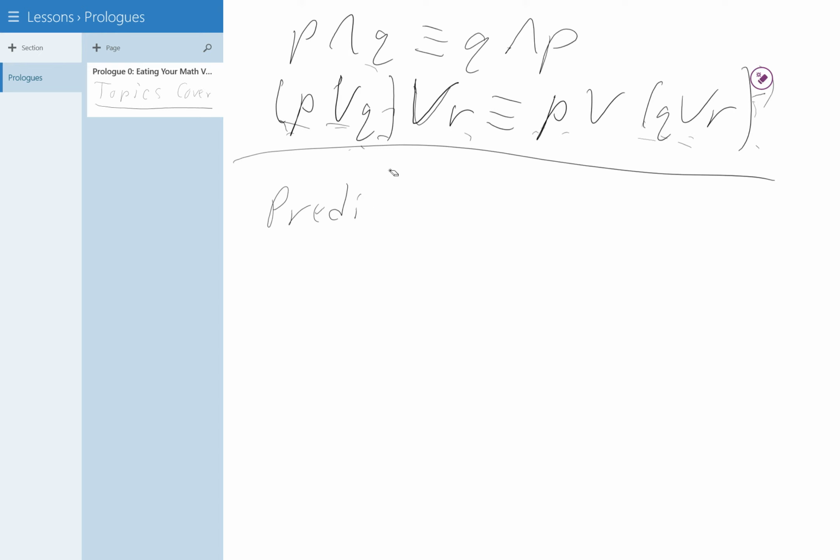But later I will give you a proper definition for function when we go over sets, I think in the next video. So a predicate can be thought of as a statement